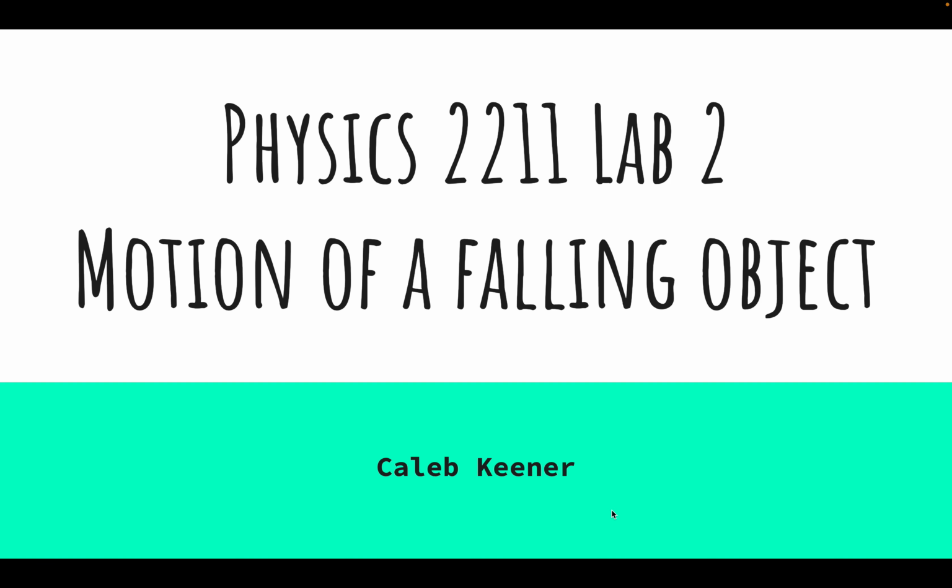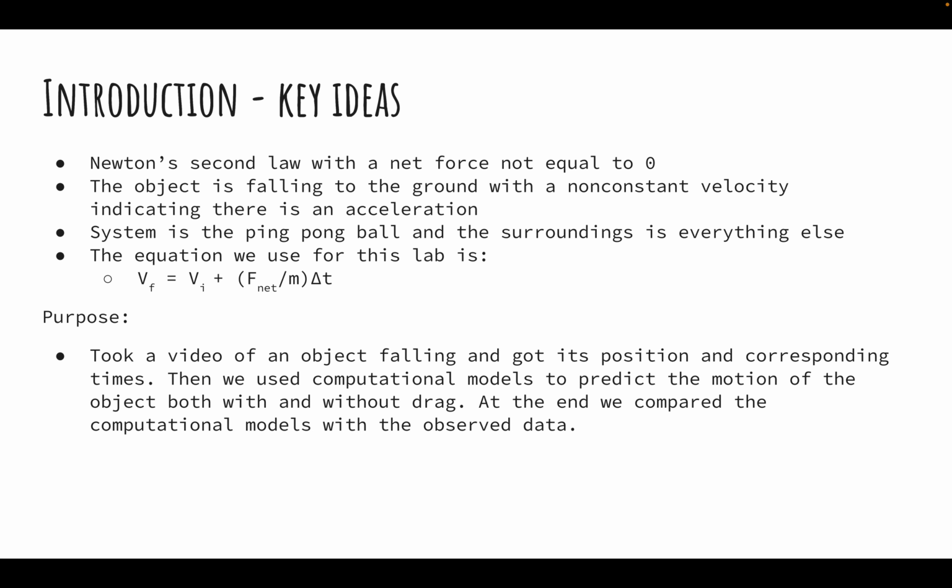Physics 2211 Lab 2 over the motion of a falling object. In this lab, we use Newton's second law with the net force not equal to zero. The object is falling to the ground with a non-constant velocity, indicating that there is an acceleration. The system is the ping pong ball and the surroundings is everything else. The equation we use for this lab is final velocity equals initial velocity plus F net over m times delta